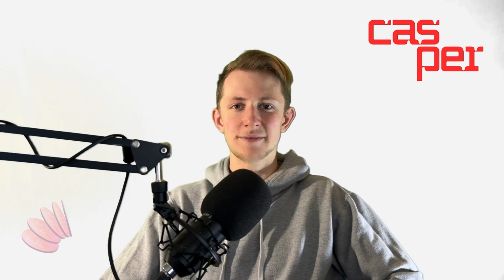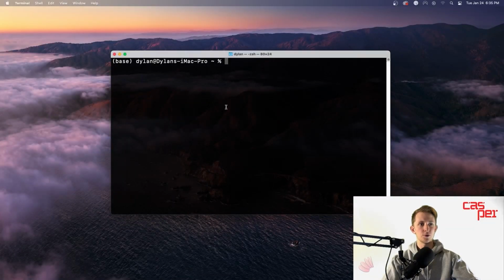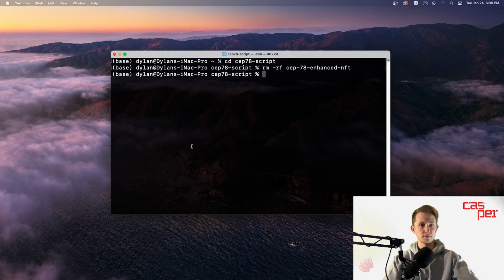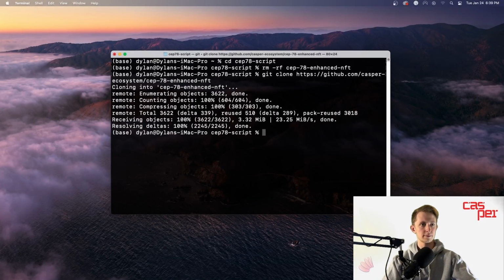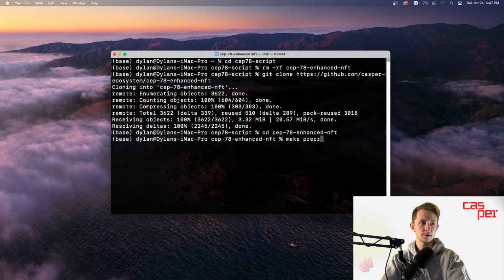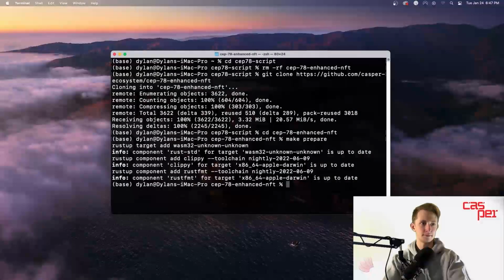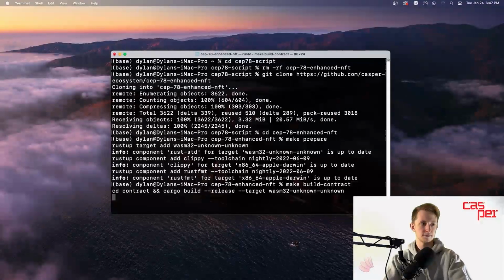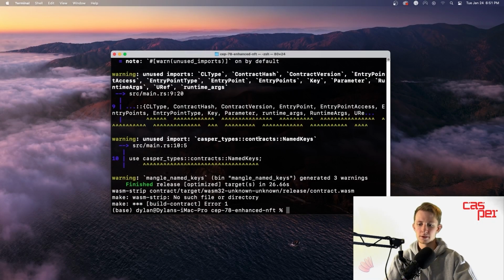Let's get started. Start by opening a new terminal window and heading to the project from the last video. We'll need to delete and reclone the CEP-78 contract as it's been updated since the last video. Compile the contract by heading into the directory, running make prepare, and then make build contract. Now head back,